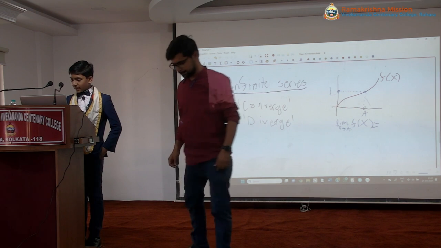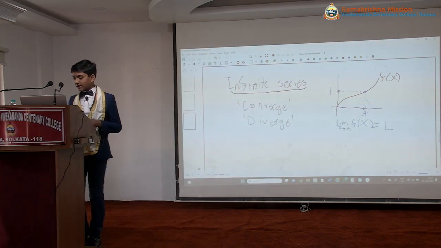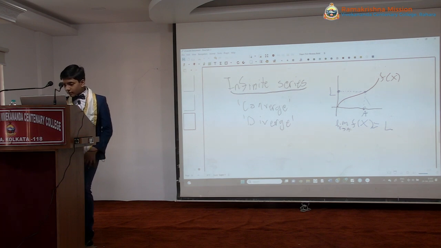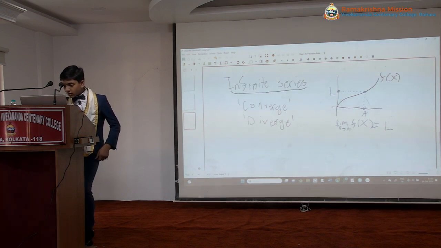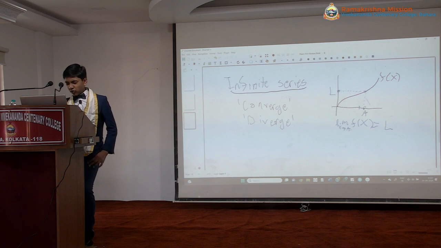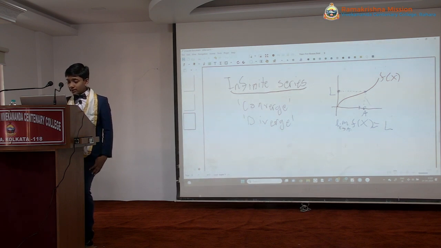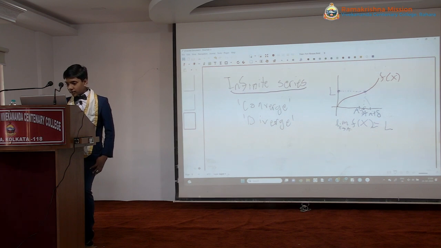So the limit as x approaches a of f of x equals L if, and only if, we have some interval with length 2 delta, ranging from a minus delta to a plus delta. Sorry for the bad handwriting here. Please pardon me. Such that for any range